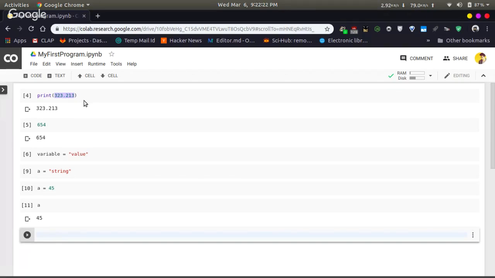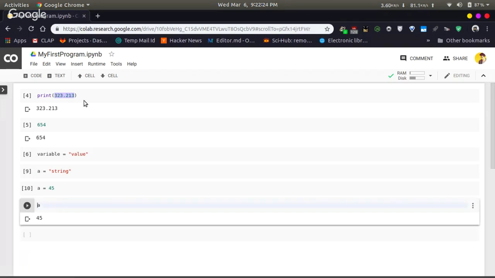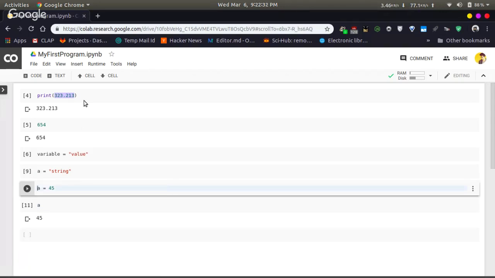That's the main advantage of Python. You can use a variable for different types of data. This assignment is called an assignment statement.